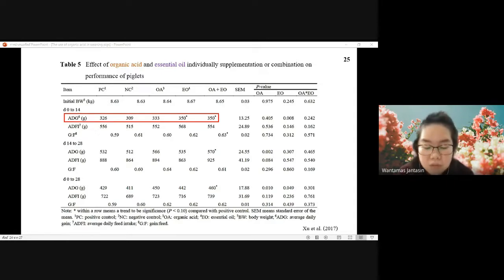Actually, I have one question. Funny, because she presents this topic like it's not her first time. I just want to ask why, from the results, when we supplement organic acid alone, they show lower benefit than when we combine organic acid with essential oil or supplement with mixed organic acid.